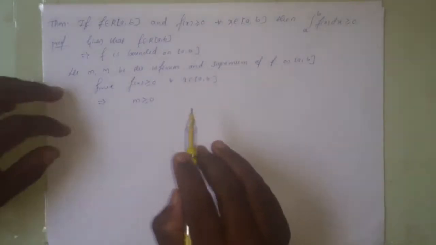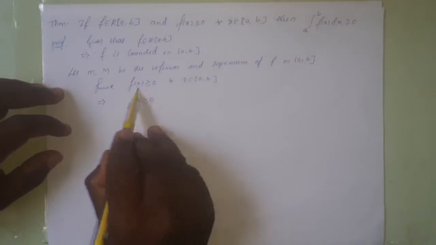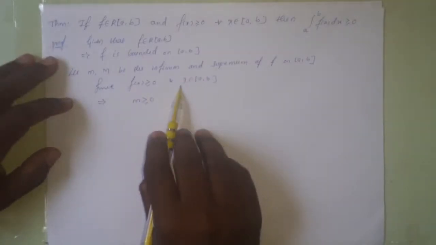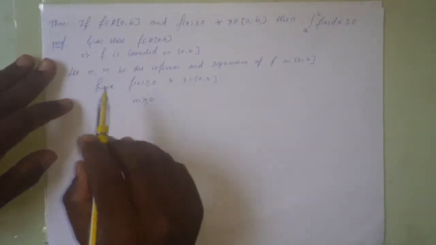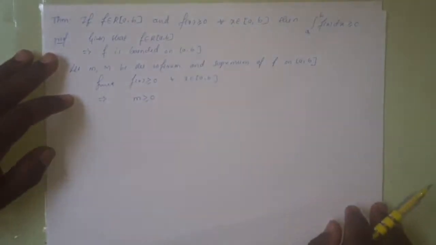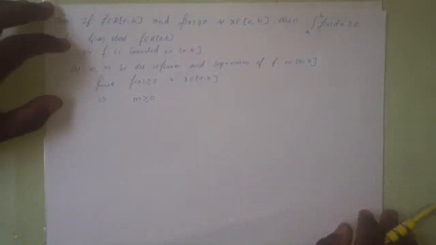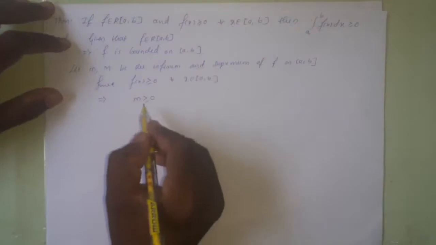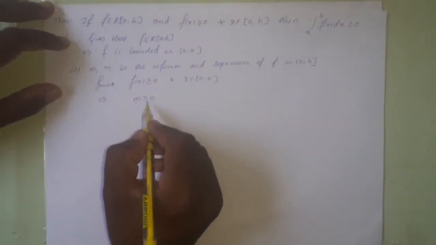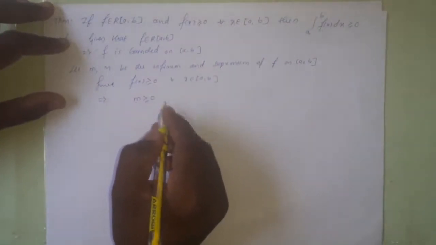So, therefore, if f(x) is greater than or equal to 0 for all the values of x, then its infimum and supremum both must be greater than or equal to 0. Here we have considered the infimum, that small m is always greater than or equal to 0. Now,